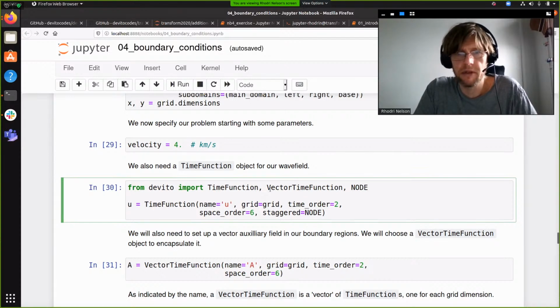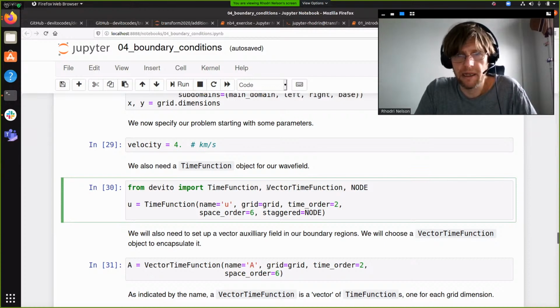So if we define a vector time function on a 3D grid, this will essentially be a time function in each dimension. And so this is a convenient interface added in Devito 4.0 to allow the easy specification of vector and tensor